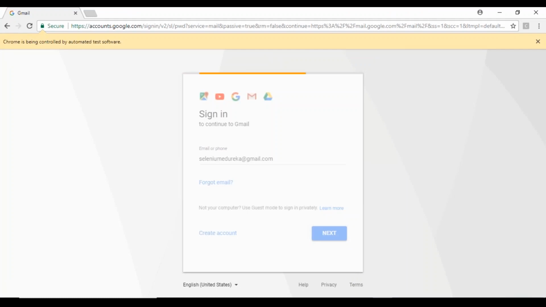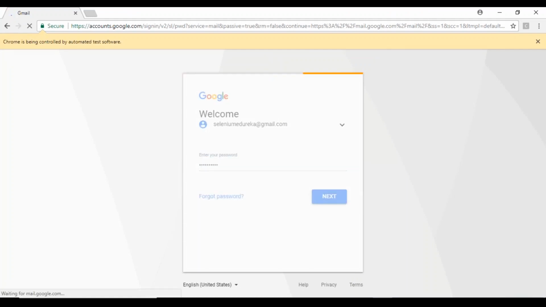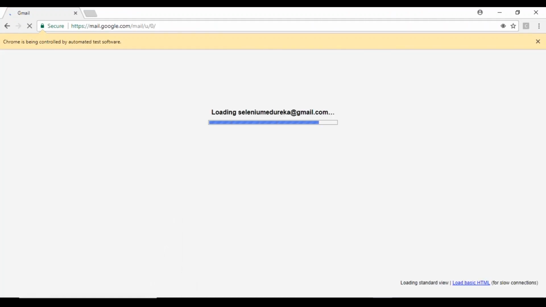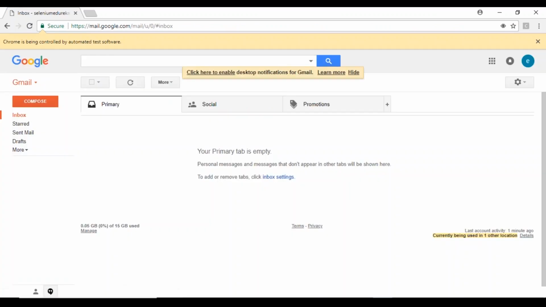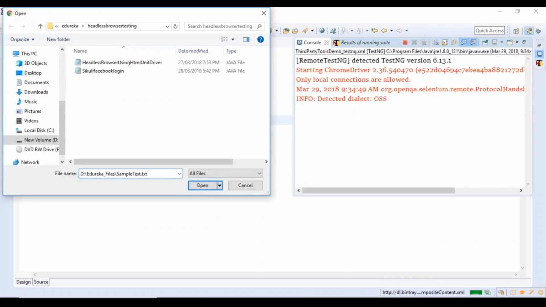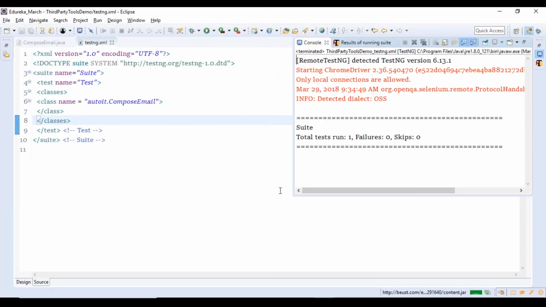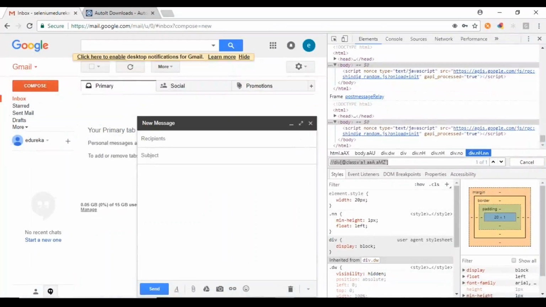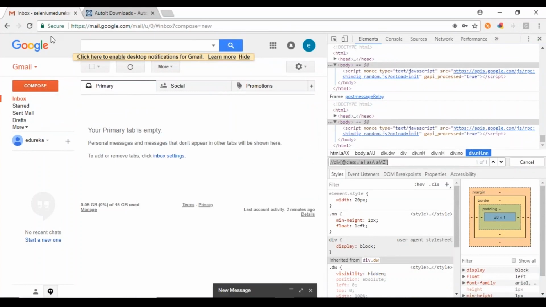Alright, so entering username, entering password, click on next button, go to your compose. Okay, it waits until it gets loaded completely. Now click on compose, click on this attach file, and then it is going to run your attachment as well. So now if you go back to this, okay, and refresh your file, you'll be able to see that